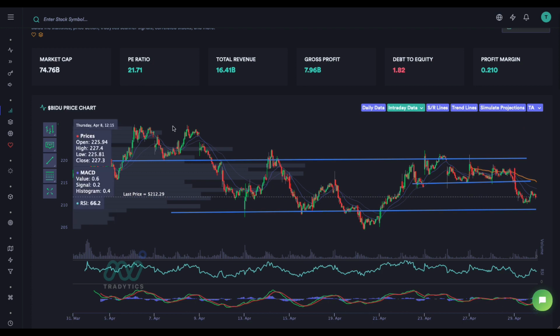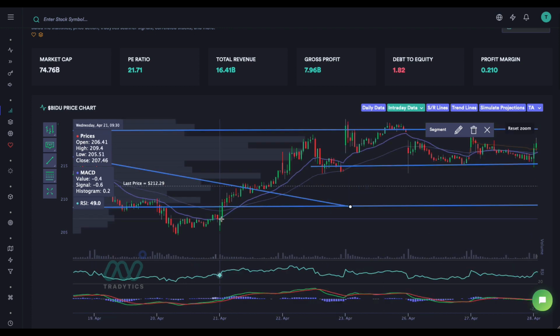So the stock was going in a downtrend, and we can see that we have this trend line here. This trend line is acting as a resistance, and we can see that both of the moving averages, the 20 and 50 EMAs, are both in a downward trend. But here at this very point, we can see that the moving averages crossed over, and the slope of the moving averages is now positive. So around this area you could have entered as well, and that would have been a really good entry as